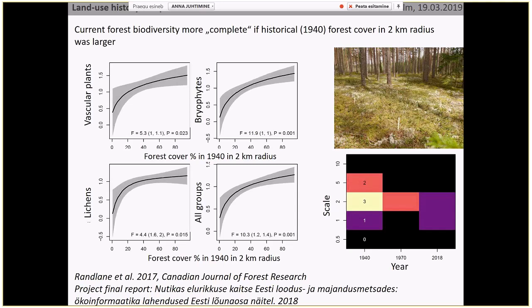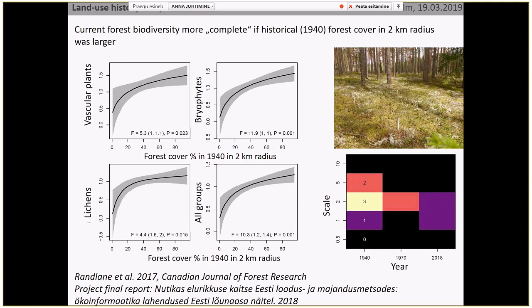So when you see number 3 at the scale of 2 kilometers and 1940 as a year, it means that this combination, a 2-kilometer radius and 1940s forest cover, was the best predictor for all 3 tested biodiversity groups: vascular plants, bryophytes, and lichens. And this means